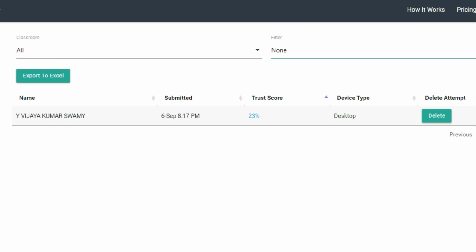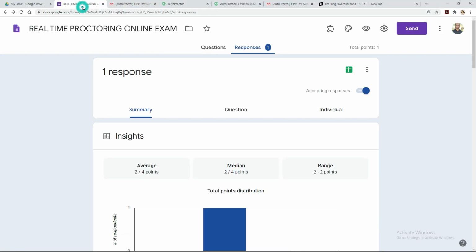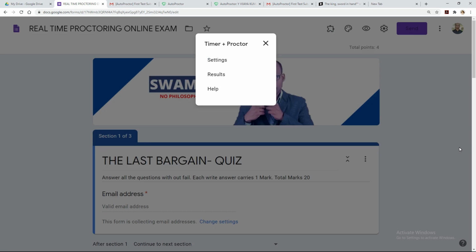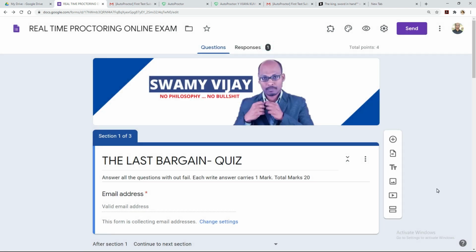It is very useful for teachers to conduct examinations. Using this you can set the timer, starting time and ending time of the examination, as well as monitor whether the student copied, switched browsers, or tried to take help from others, because when students use a mobile phone or a laptop, it even captures images at random times. So this is about how to conduct an online examination using Google Forms, setting the timer, start time and ending time, and real-time proctoring. Now I am going to show this same thing using a mobile phone also.